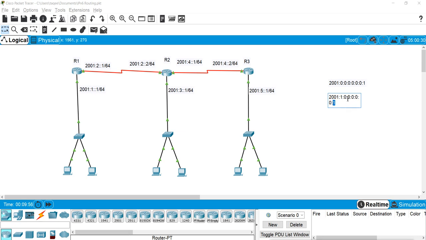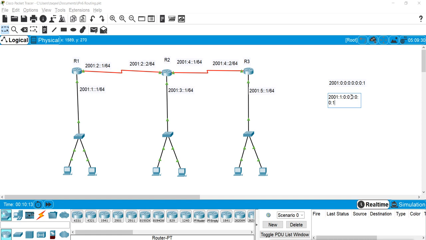After the first 64 bits, which are 2001 colon 1 colon 0 colon 0, the rest of the 64 bits are for the host.